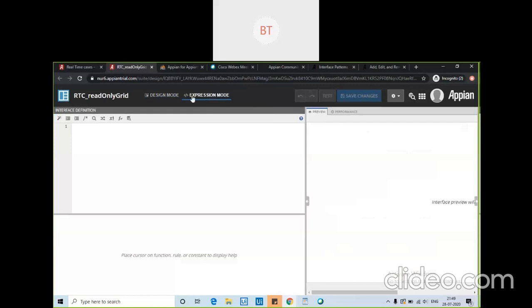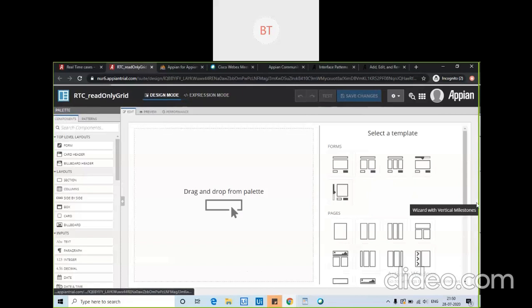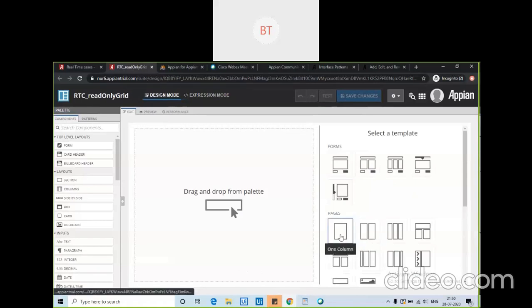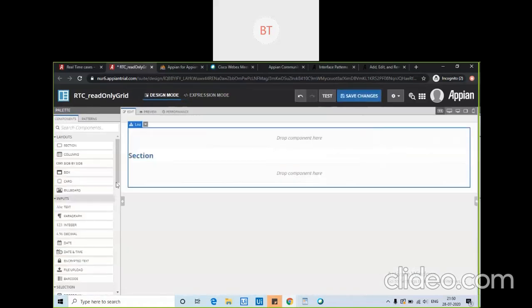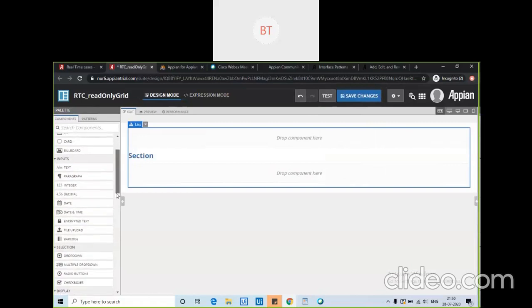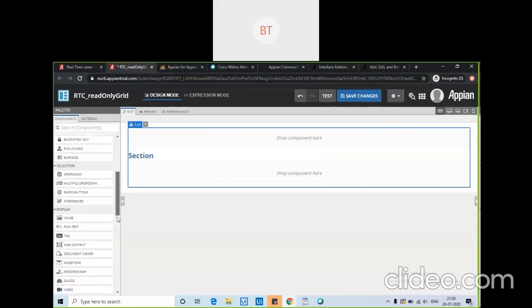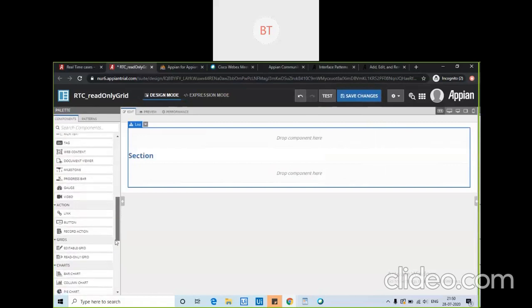Okay, sorry. Let's give this one column because I will be only having one grid. Okay, so let's find the layout here, the field here. Should be here some. Okay, so see there are two types of grids: editable grid and read only grid.